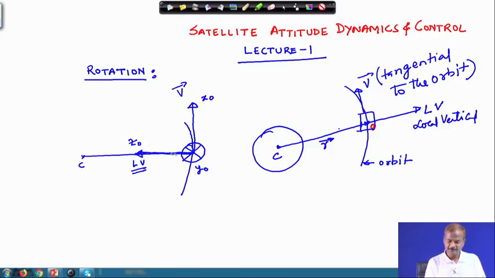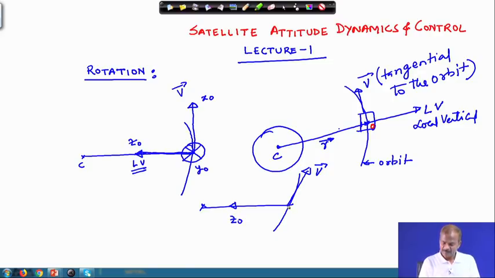And also in the elliptical orbit, but here if you take the elliptical orbit, suppose I have the center of the earth here and the satellite is going in some elliptical orbit. Okay. So, my velocity vector will be here in this place, but if I take this to be the z0 direction, then my x0 direction will be along this direction. Okay. This is normal to the z0 and as usual our y0 will be pointing downward. So, here the v direction is not along the x0 direction, but at this place it has the same sense. Okay.